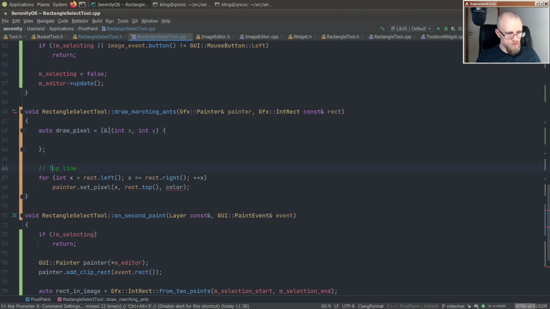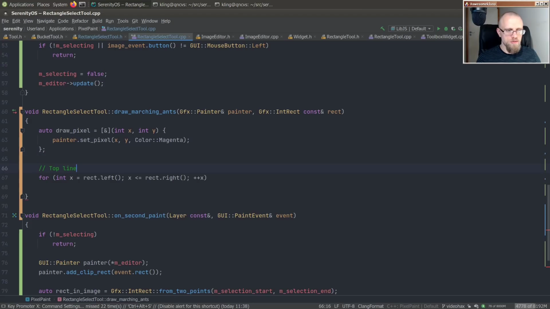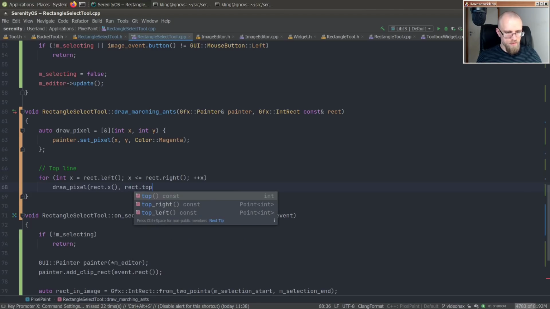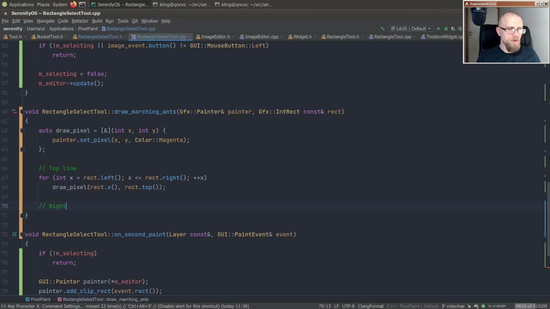Okay, we'll figure this out. Just hold on. So we're getting x and y here, and for now let's just put magenta here. So what we're gonna do is draw a pixel at x, rect top. Okay, I'm gonna walk around the rectangle, and now we want to go from the top right